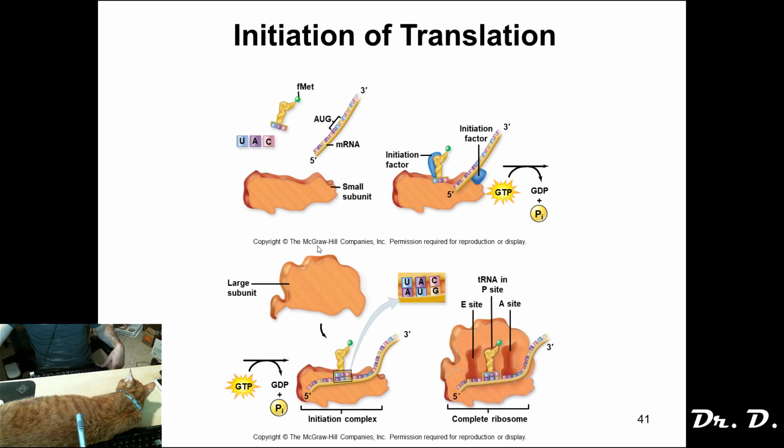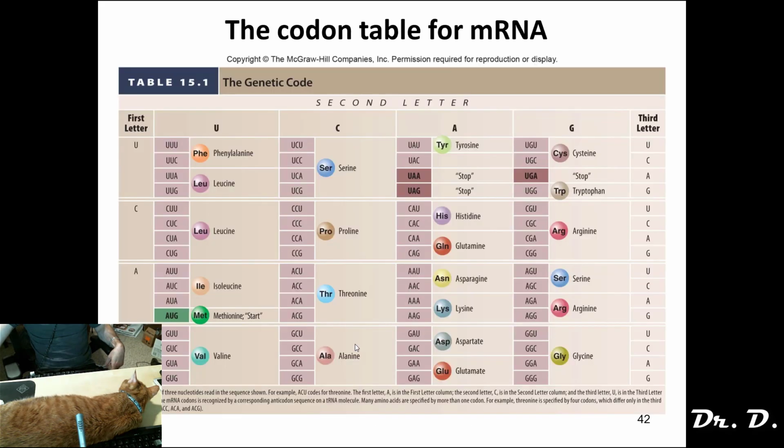So again, just for the exam reasons, what do you need to know? During initiation of translation, the small subunit of the ribosome finds the 5' end of the mRNA. Specifically, it finds the AUG start codon. It then grabs the correct tRNA, the one with the anticodon UAC, which complements AUG. It brings with it methionine, the start amino acid. You might want to know the start amino acid. It binds to the start codon AUG. And then the large subunit of the ribosome attaches. From there you have